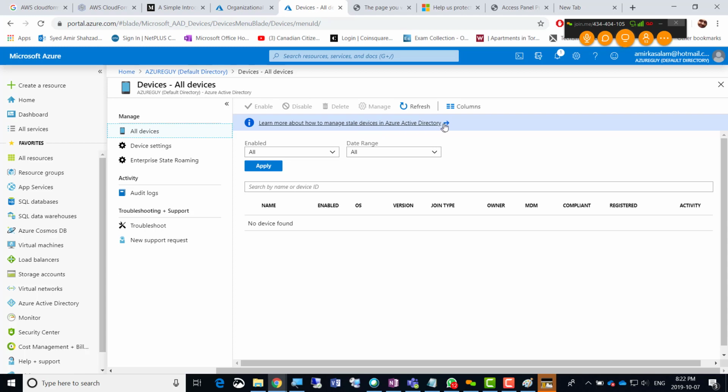Now it's showing name, enabled, OS, what is the operating system, version, join type, owner, MDM. So that is for cell phones, mobile device management, MDM, right? Compliant, registered, activity. So if you have the Azure application installed on cell phones, and you're connecting from a cell phone to